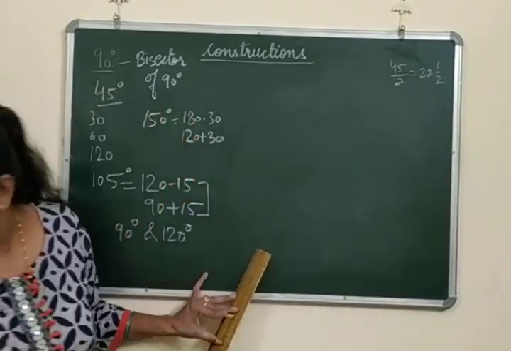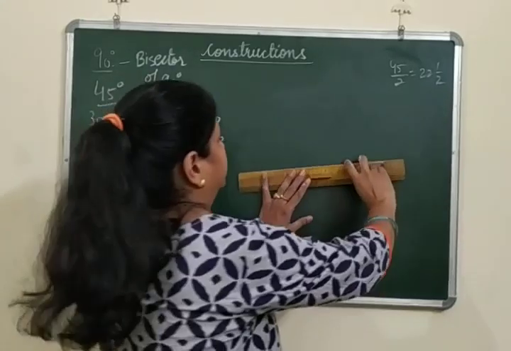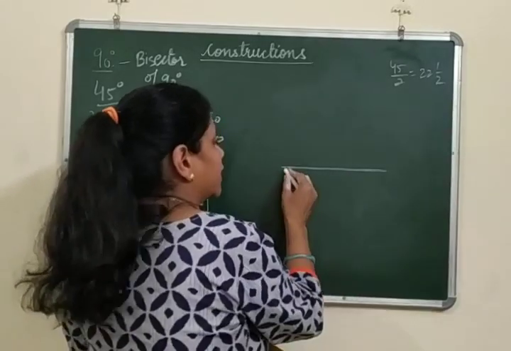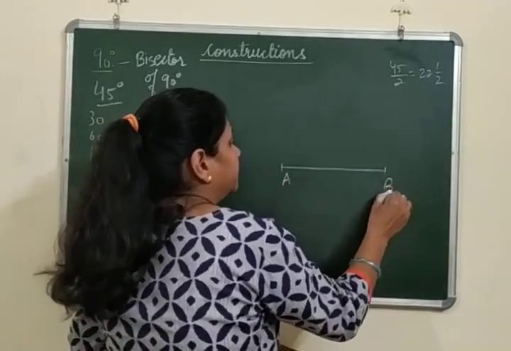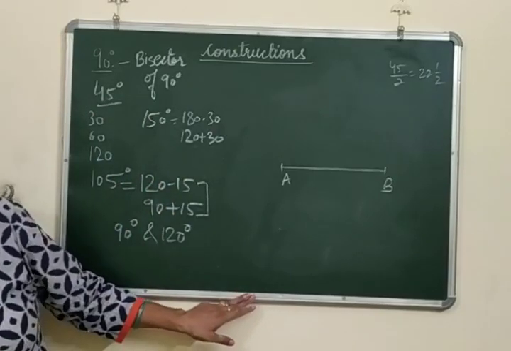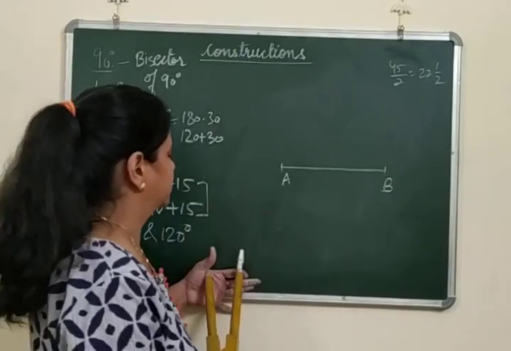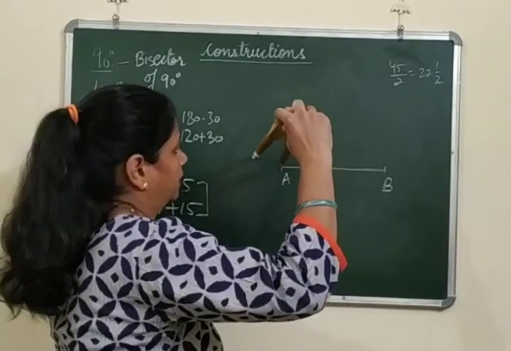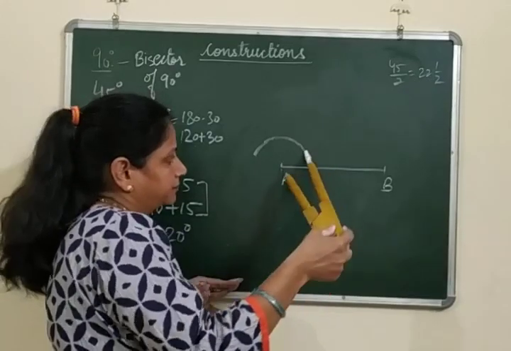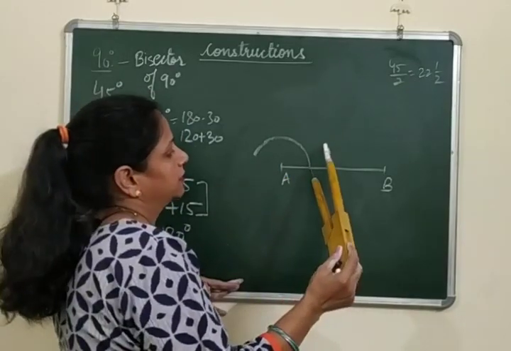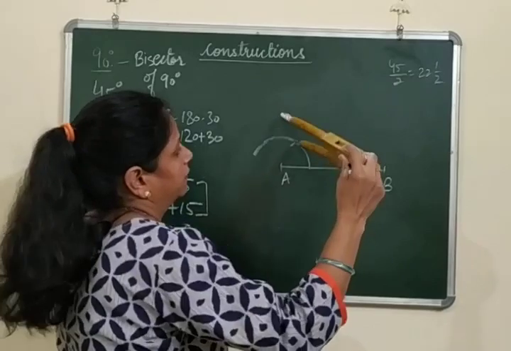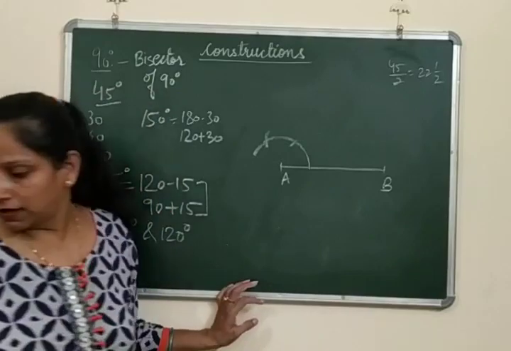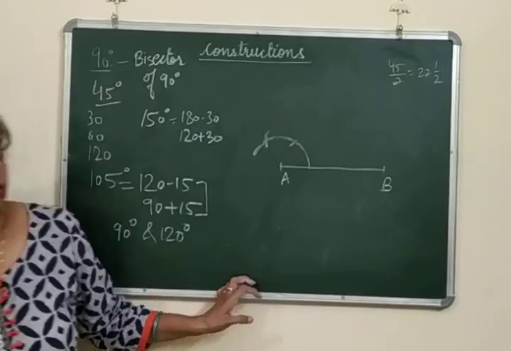First of all, you have to make an angle of 120 degree. Same thing, 120 कैसे बनाना है अब पता चल गया सब लोग को. That you have to make angle, point A and B. Then take your compass with point A, make an arc like this. With the same point, arc here, with the same point, arc here. The second arc is your 120 degrees.